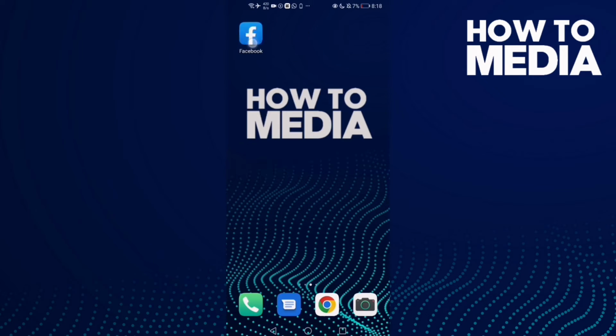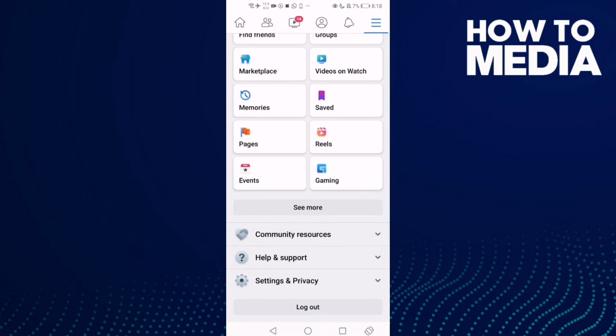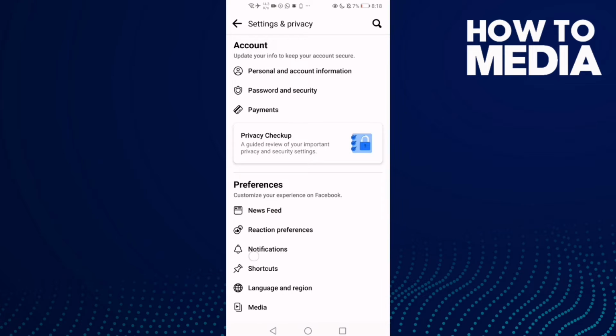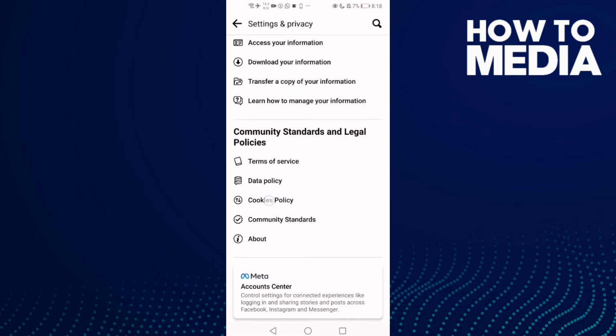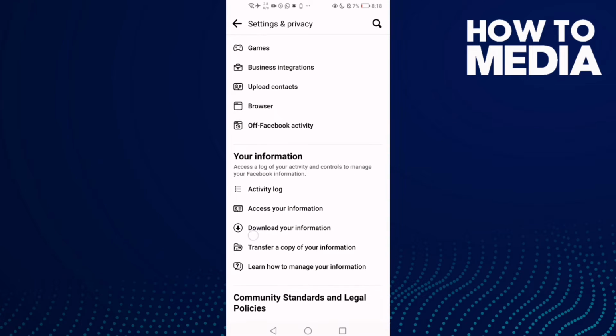First thing, go to Facebook and then click the three lines here in the top corner and go down, click settings and privacy and then settings, and here just go down, click active, click this one, download your information,